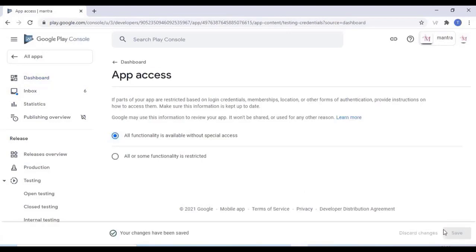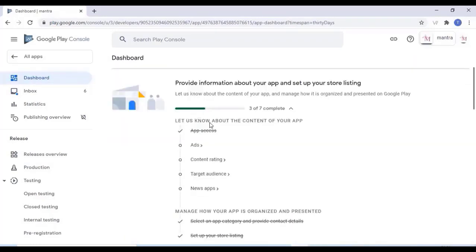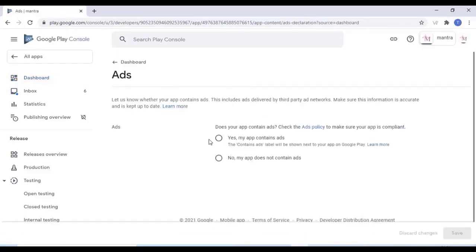Just select the app access and select the options and go to the dashboard, and you can select the next section. Click on ads, and you can choose if your app does not contain ads. Select no, my app does not contain ads. Select that and go back to the dashboard,